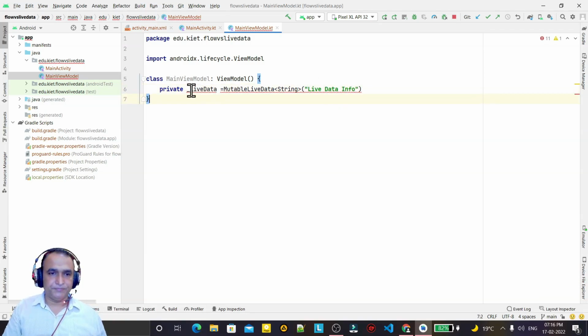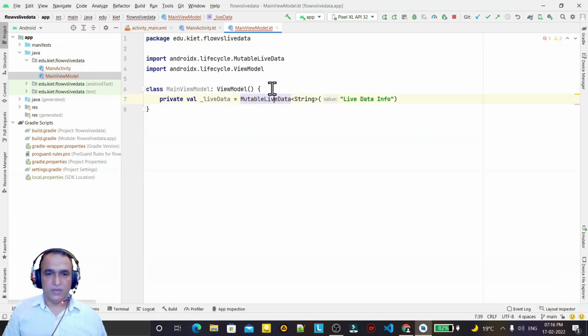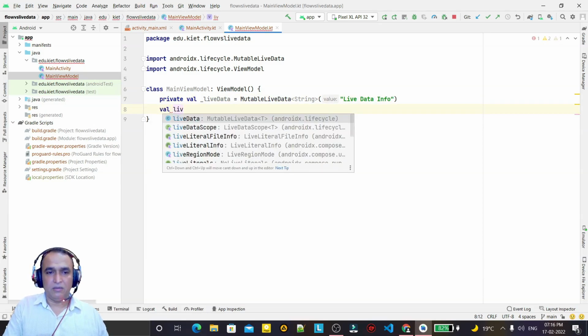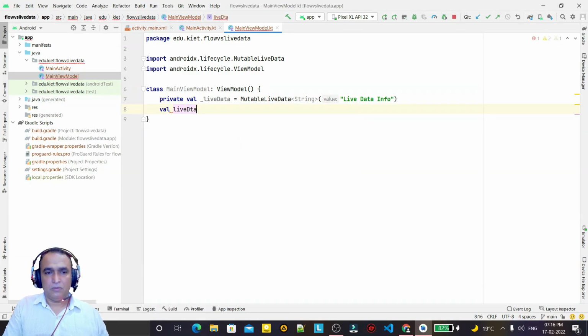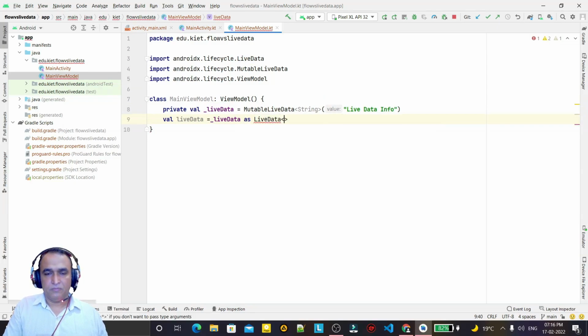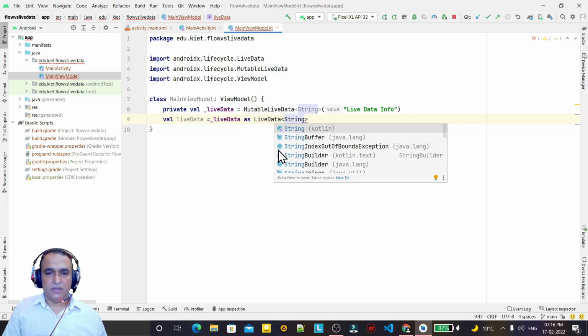I also type val for the variable declaration, and press enter. Now I will create a public variable also, like live data, just to read the property, and I will expose this also as live data.